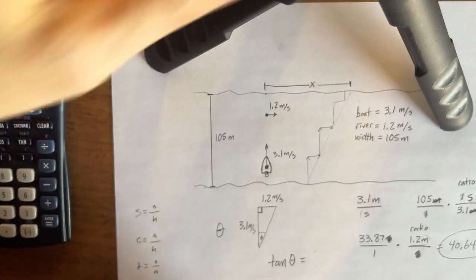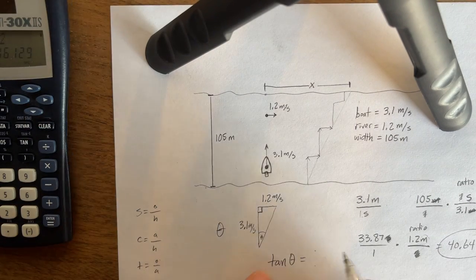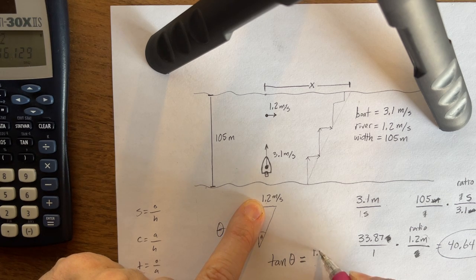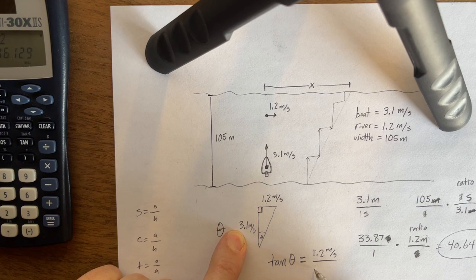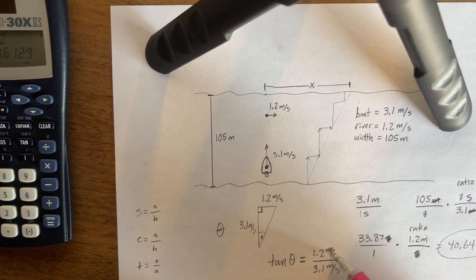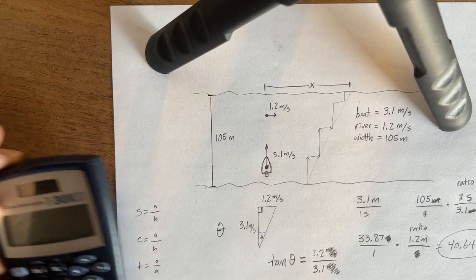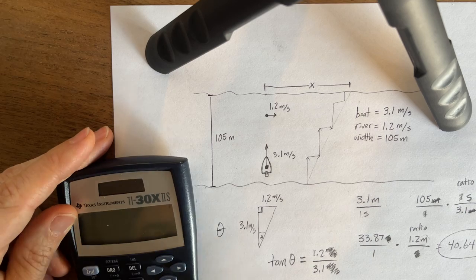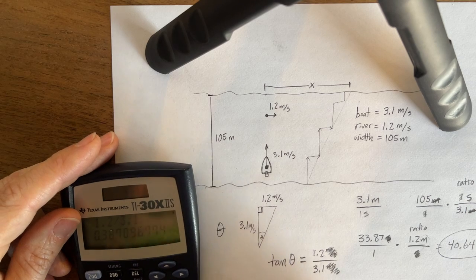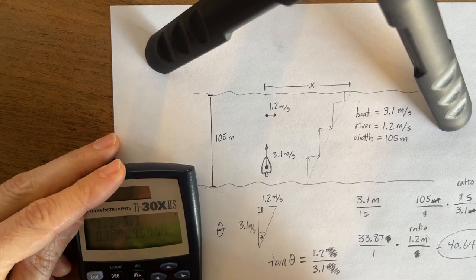SOHCAHTOA. So this time we know the opposite and the adjacent, so we're going to use tangent. Tangent of theta equals opposite over adjacent, 1.2 over 3.1 meters per second. What's kind of interesting here is the meters per second cancel each other, because anything divided by itself is just annihilated. It's like an understood one. That leaves us with a decimal, which you should find interesting because we're trying to get rid of those units for sure. 1.2 divided by 3.1 is,